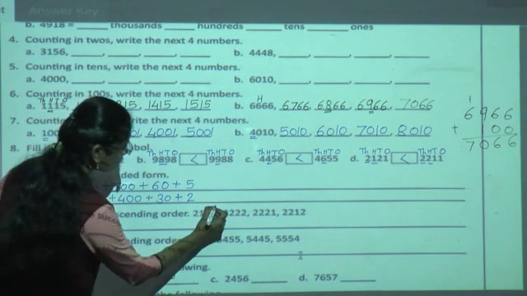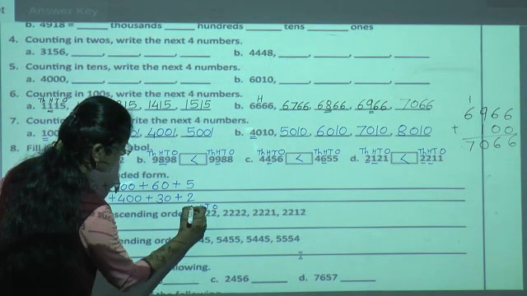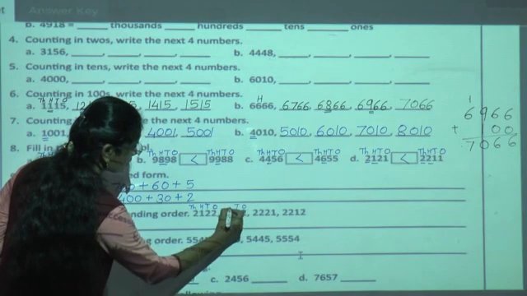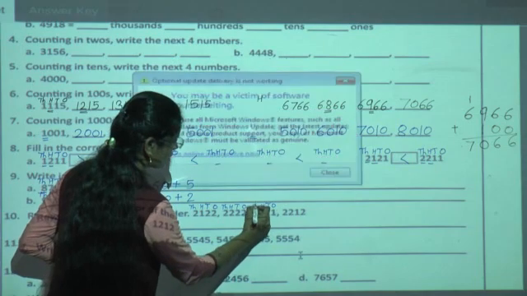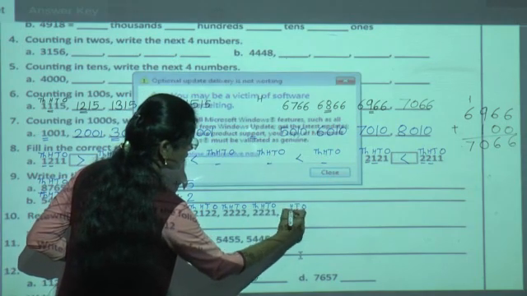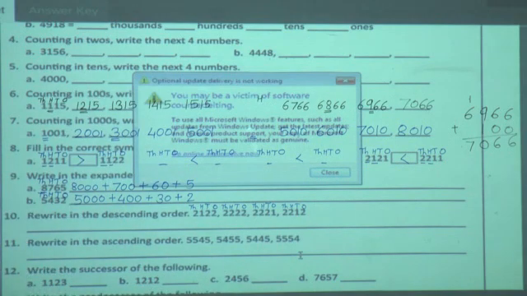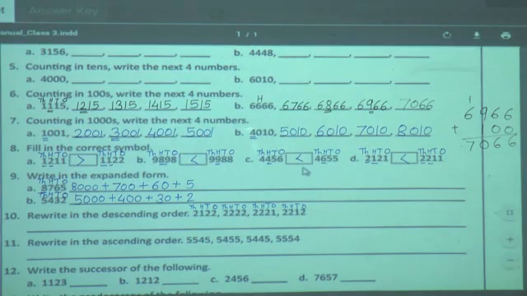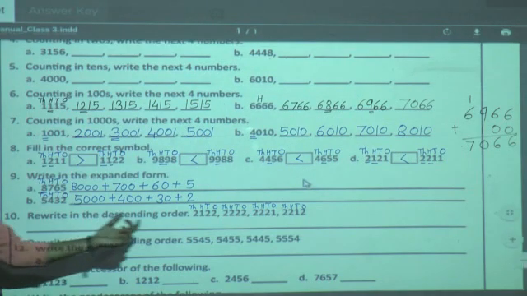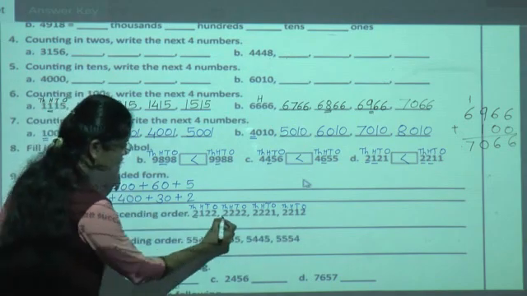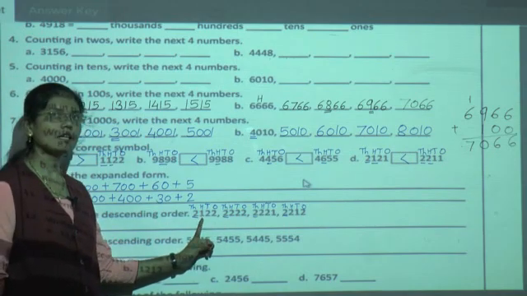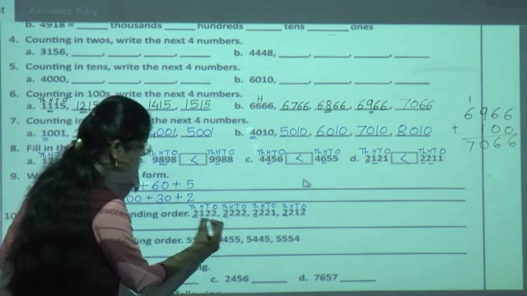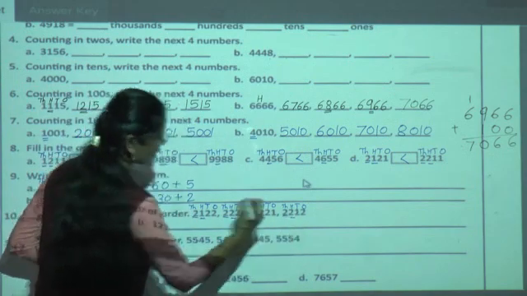Okay, so let us see the numbers. Here also we will write ones, tens, hundreds, thousands for each number. Now see the numbers carefully. See all these four numbers carefully. At thousands place, in all the four numbers 2 is there. Means everywhere 2 is there. So we will move to the hundreds place digit. Here 1 is there, here 2 is there, again here 2 is there, again here 2 is there.